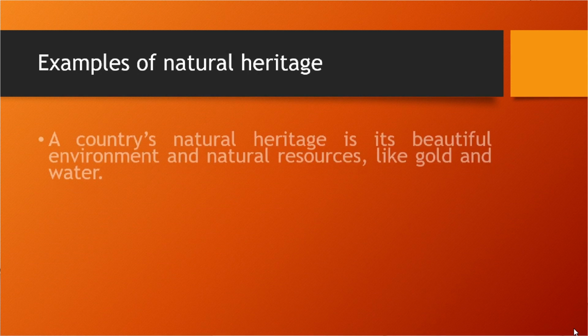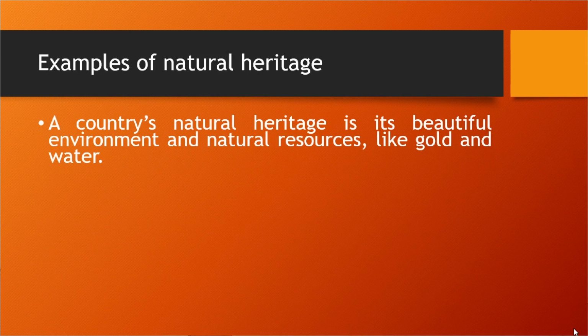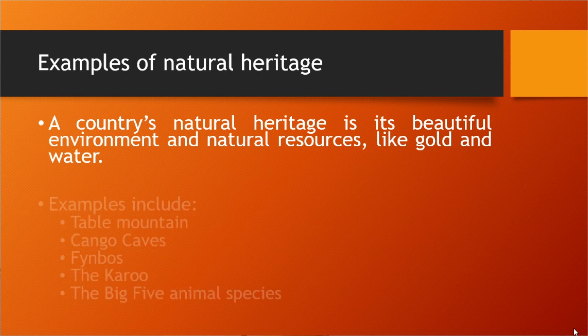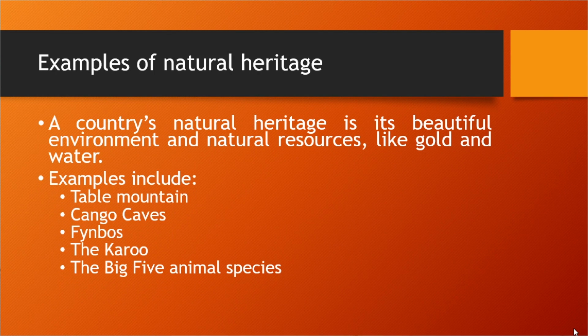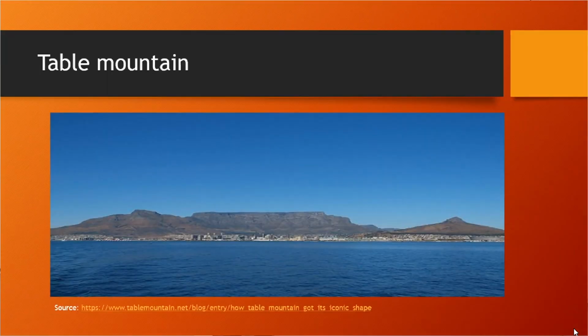Firstly, a country's natural heritage is its beautiful environment, such as natural resources like gold and water. If we look at specific tourism or heritage attractions that are related to the tourism industry, you could think of Table Mountain, which is one of the most famous attractions that we have in the country. Think of Kengo Caves, the Fynbos biome, the Karoo biome, or the big 5 animal species that we have in our country. Here's an example of Table Mountain,